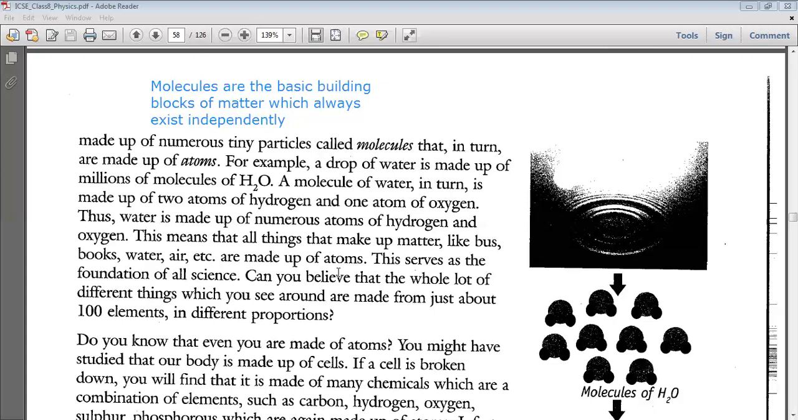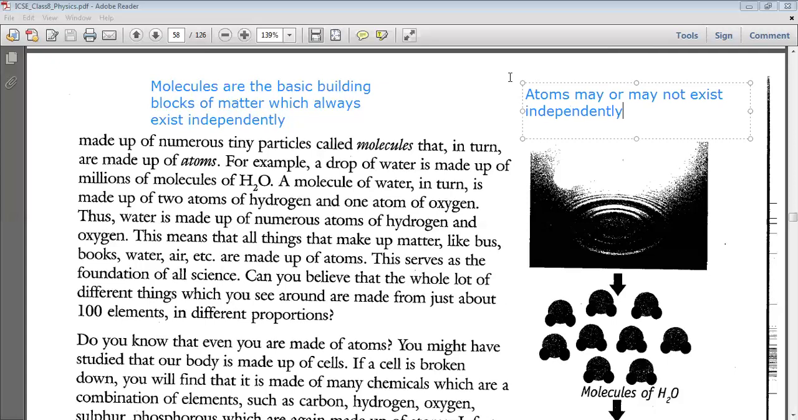So there are so many different things around us. Imagine that all are actually made up of atoms. Now these atoms may be of different shape, size, and may have different properties altogether. And these atoms may or may not exist independently. So just write it down over here: atoms may or may not exist